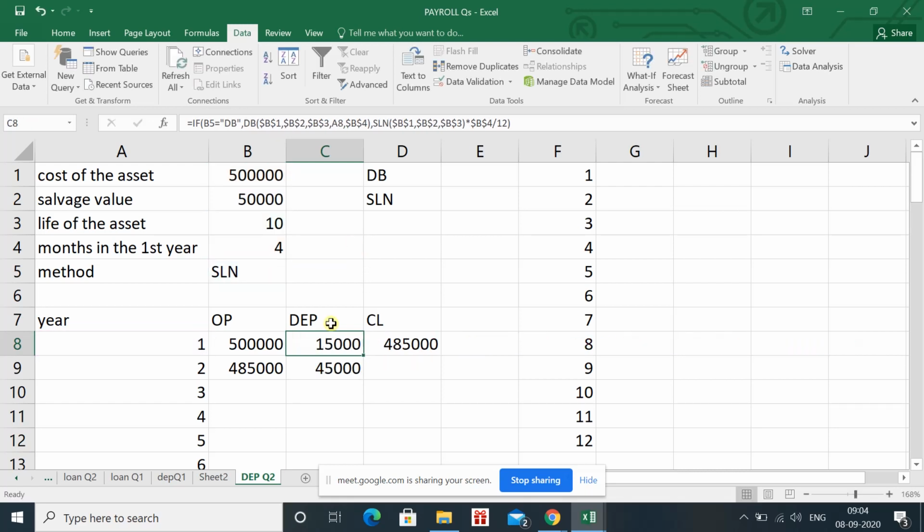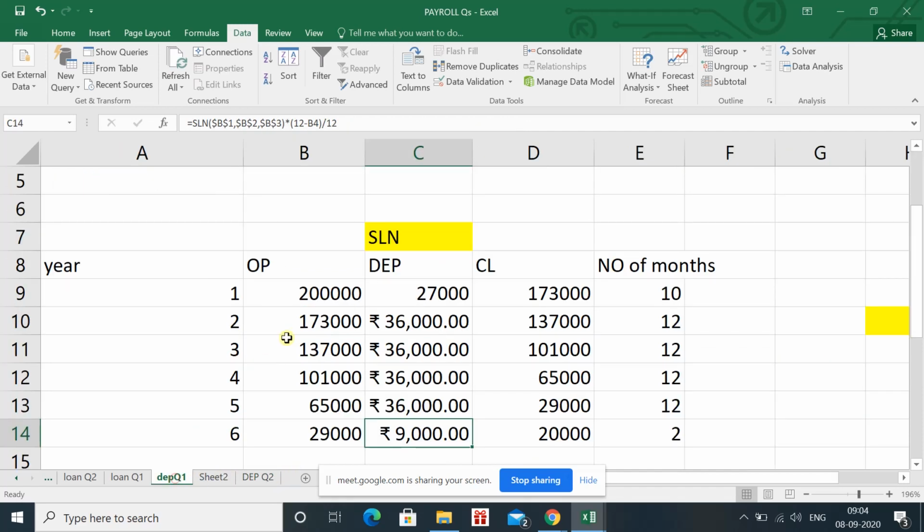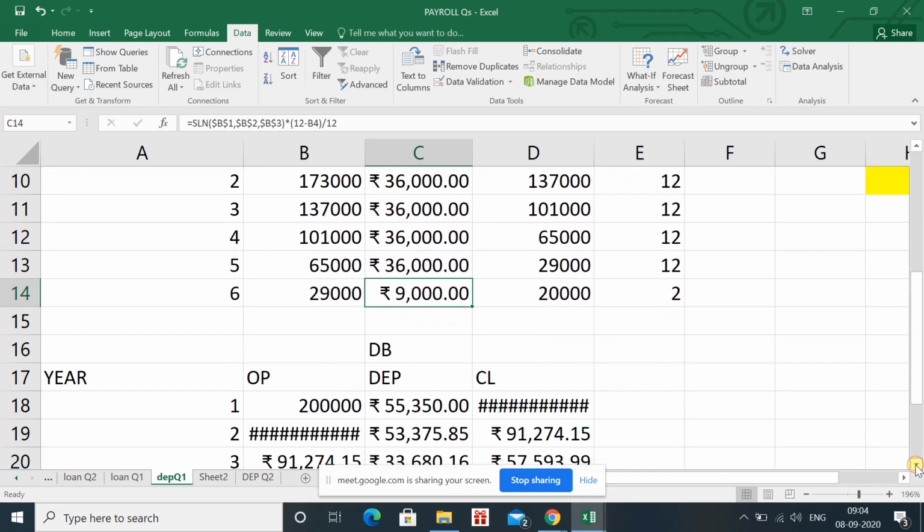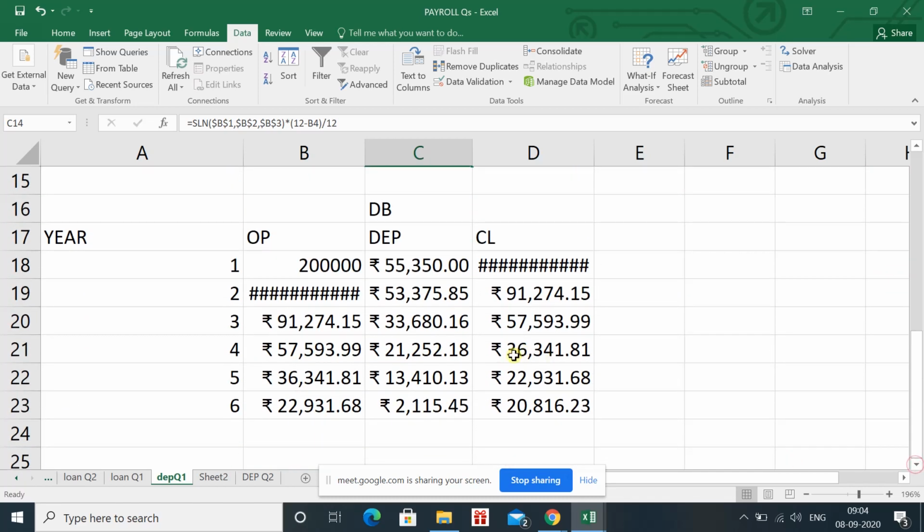ठीक है, you can see that in question number 1, in the first year the amount of depreciation is less and in the last year it is less. For SLN and WDV, in both years you will see the amount of depreciation is not the same. In case of WDV it will vary, and in the last year it is very small because the amount of depreciation which we calculate depends upon the months which we have used.